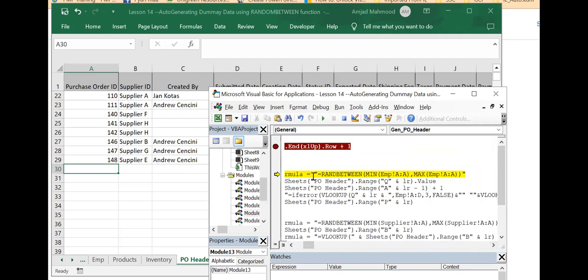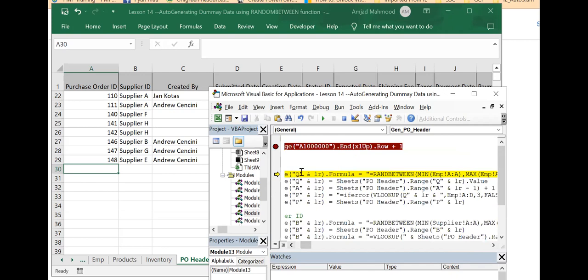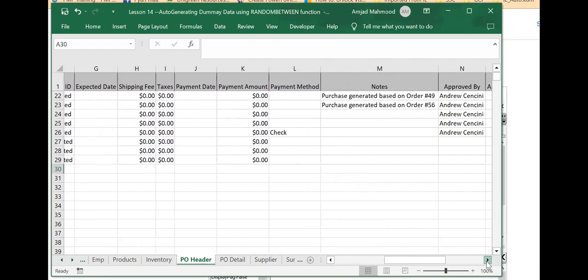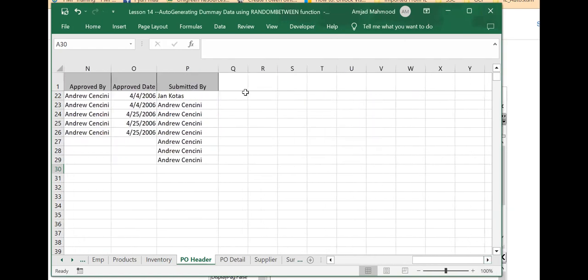Yeah, it is picking by writing a formula on QLR, Q30. What is Q30? Let's go and see, so that you have a clear idea of what is being done. Yeah, Q30 is the blank column